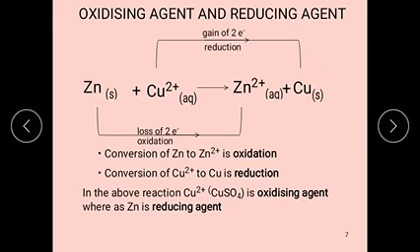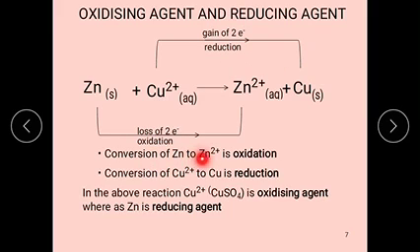Okay, here zinc plus 2 ions are present in the zinc sulfate solution. Here the oxidation number increases, and also there is loss of the electrons. The process of loss of electrons from an element is called oxidation. The process of gaining of electrons to an element is called a reduction reaction.